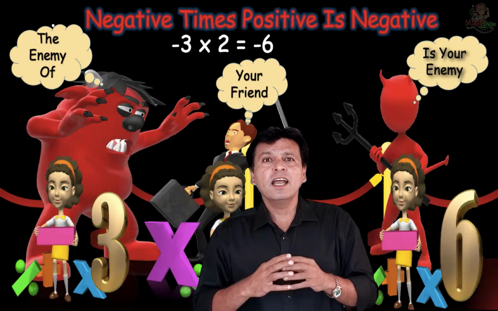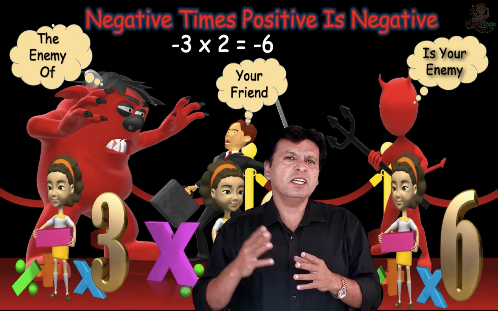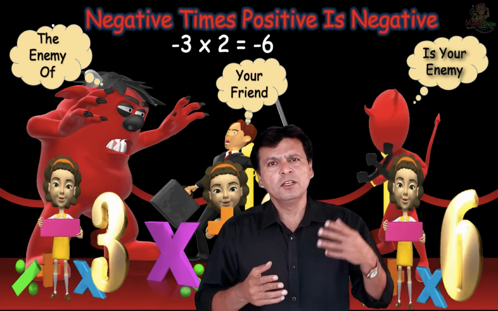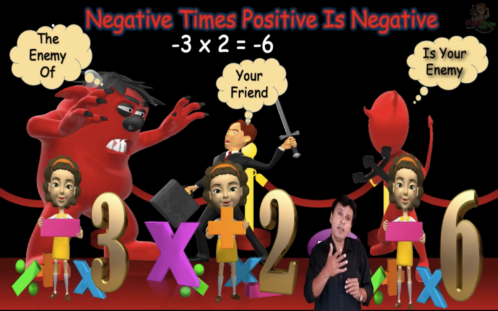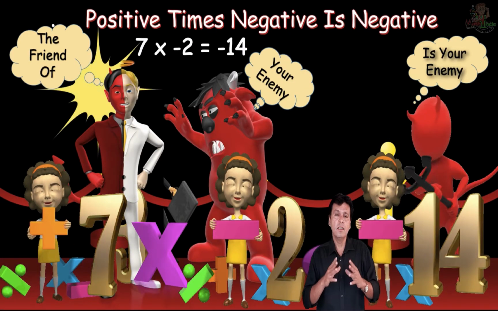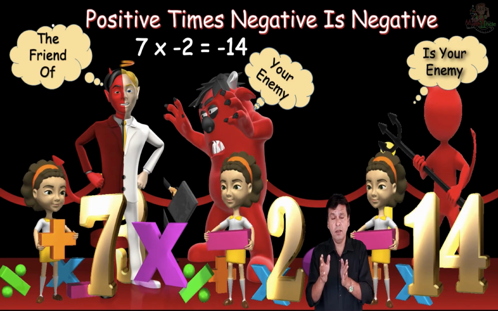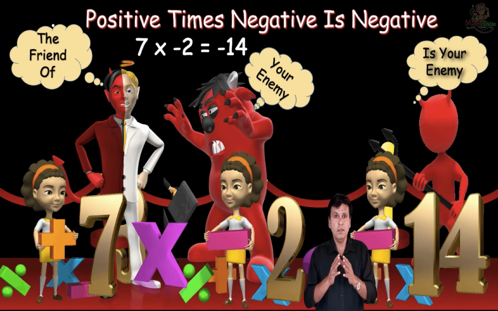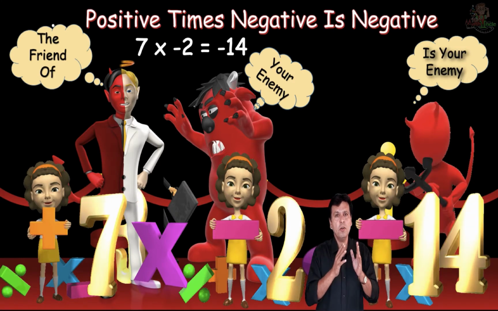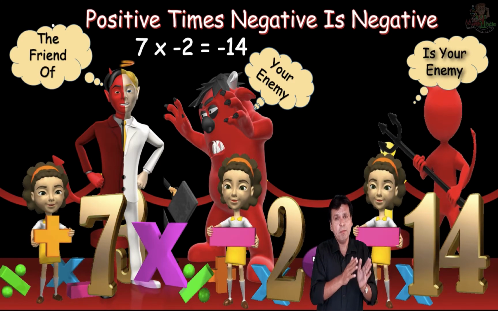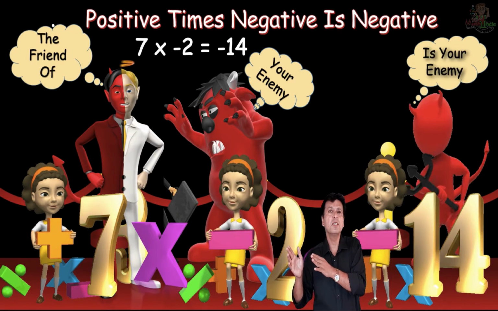Now let's take a friend's enemy. If you have a friend and he has an enemy, then automatically it should be your enemy. So plus into minus becomes minus. And if you have an enemy and that enemy has a friend, आपको आपके दोस्त है और उसका जो दुश्मन है वो भी तो आपका दुश्मन है. आपका दोस्त थोड़ी हो सकता है. A friend's enemy also becomes an enemy. So positive into minus becomes minus, and minus into plus becomes minus.